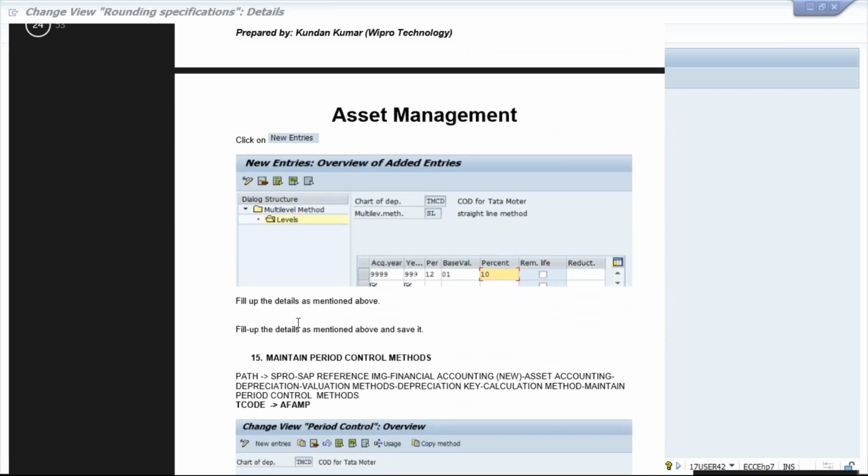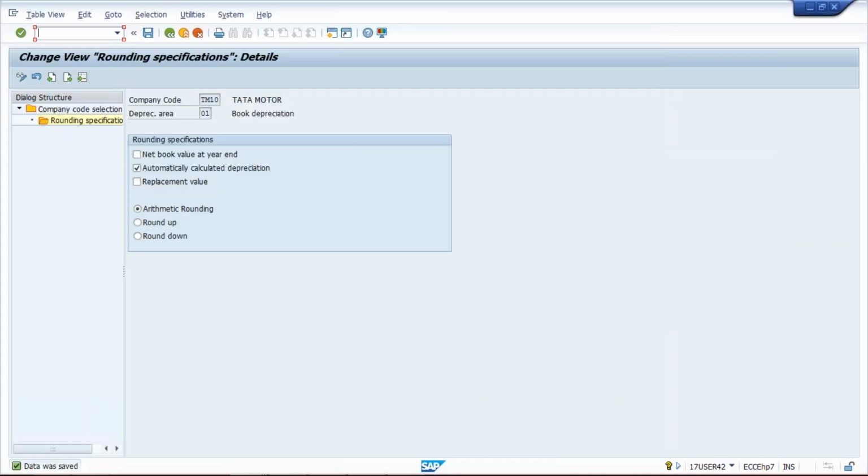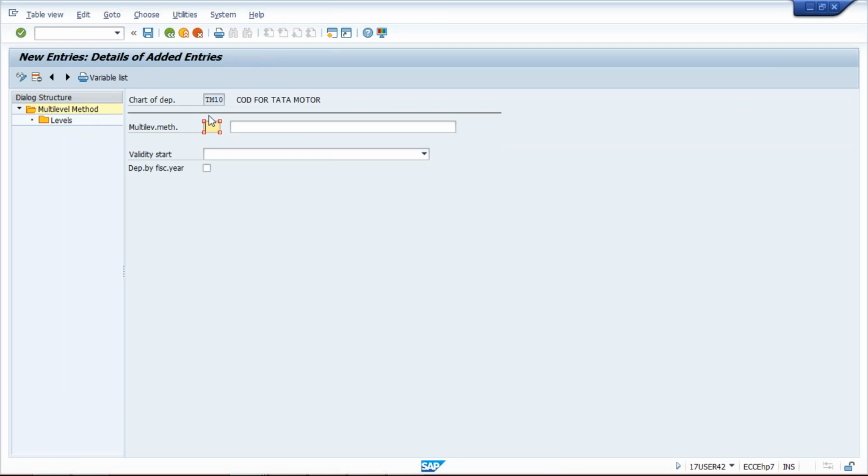Okay, now use this transaction code /n. Now, what we are going to do, click on new entry and give a code here,